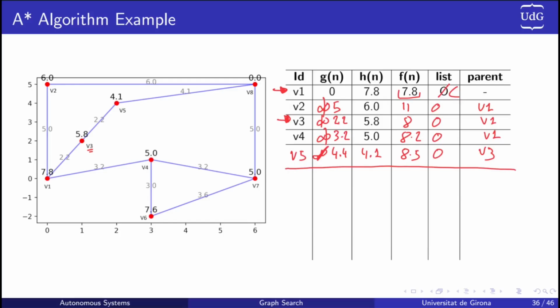Okay, let's continue. I've done another loop in my search algorithm. I have to select from the, sorry, B3 will be closed, exactly, is what I was going to say. B3 is no longer in the open list. Now I have 3 nodes in the open list, B2, B4, and B5, and I have to select the one with the smaller f, that is B4. Then let's check B4. We take B4, remove it from the open list and put it in the closed list. And then for each neighbor of B4 that is not already closed, that basically are B6 and B7,